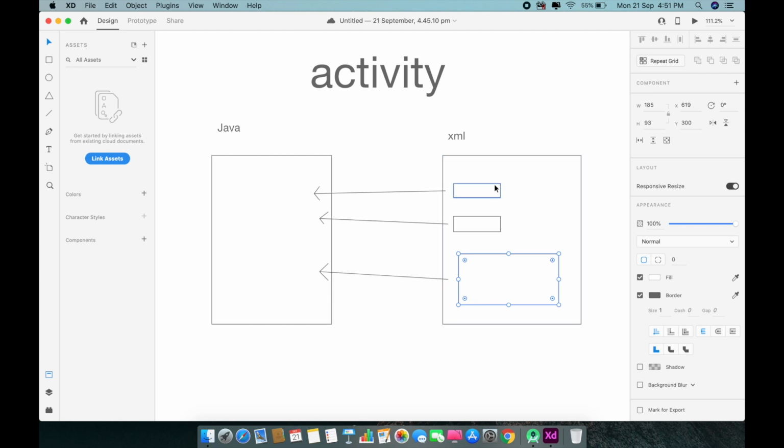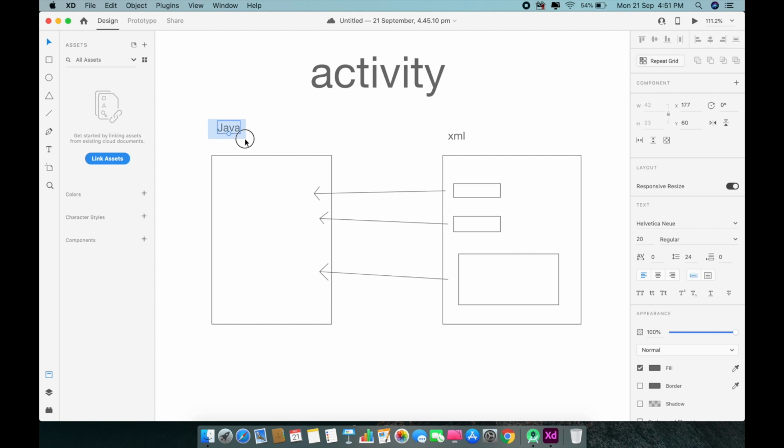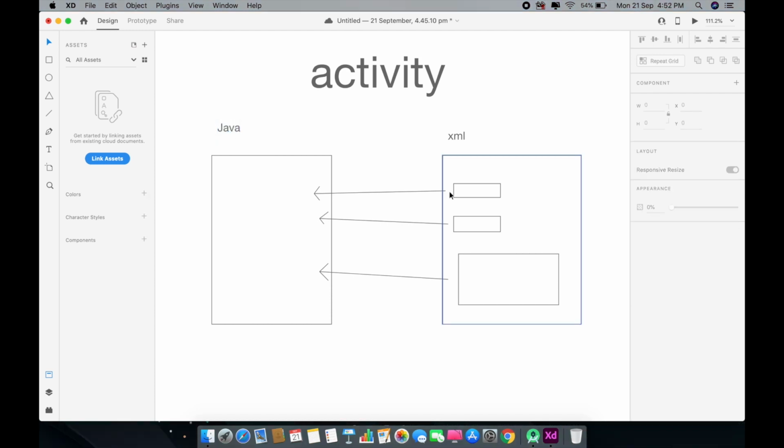Once we have designed the application in XML file, then we give IDs to every component so that we can use them in Java. By accessing the ID of a particular component, we link it to the Java file and then we do coding over it. For example, if I had a button here and it had an ID, let's say button 1, then I would just write button 1 here and link it to some other variable that is going to be accessible for our Java file only. We will discuss this in next video, how to link the components with Java file and do coding over it.